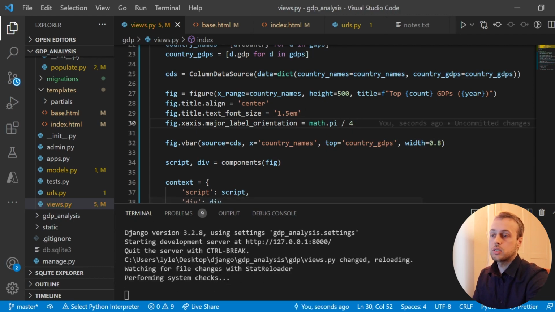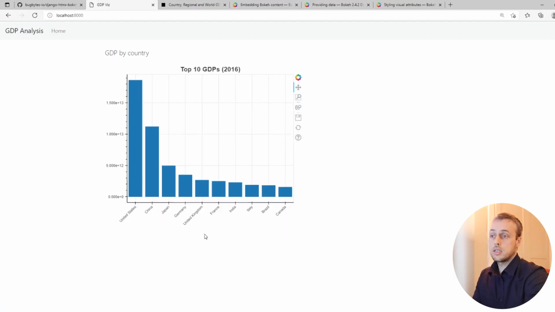So what that's going to do, as you can see with this effect, is orient the labels slightly differently so that they're more legible, and you can see the different countries and they don't overlap. So now you can see quite clearly that the USA has the highest GDP in 2016, followed by China,